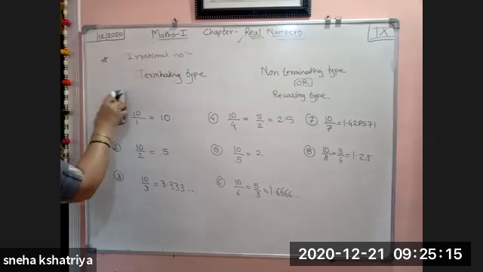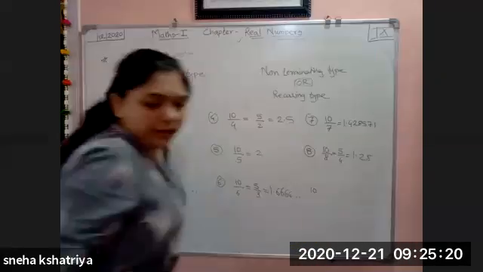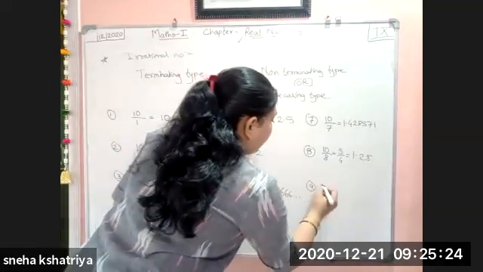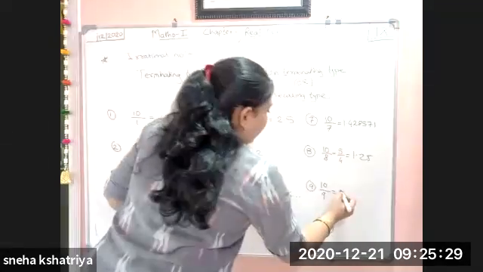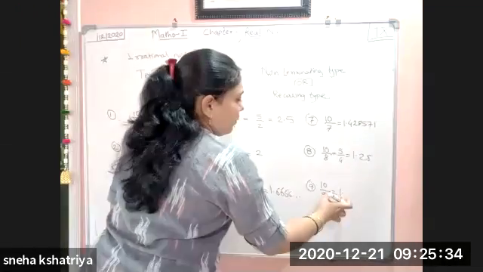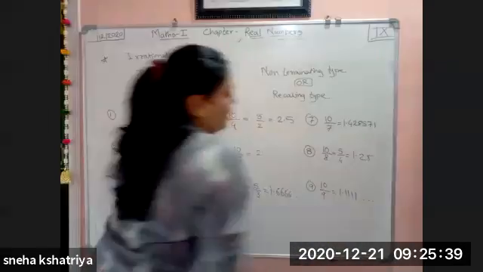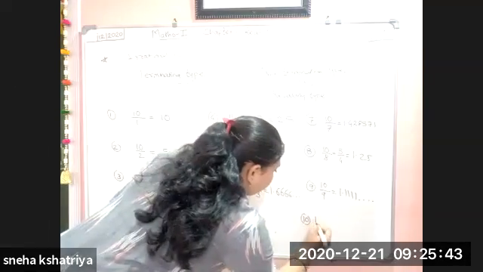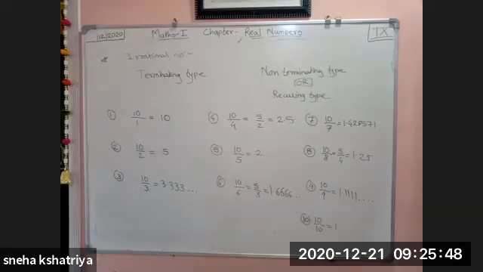Now 10 divided by 9. We are going to take 10 divided by 9. 9 ones are 9, carry again 1, 0, put a point, again 9 ones are 9, and it will continue so on. And the last one is 10 divided by 10, which is equal to 1.